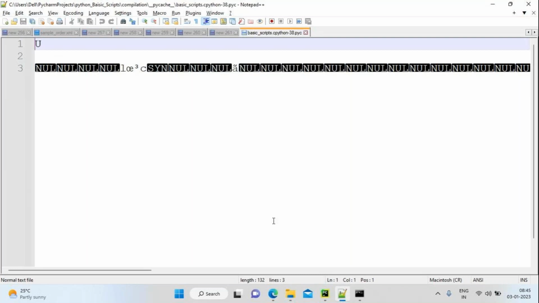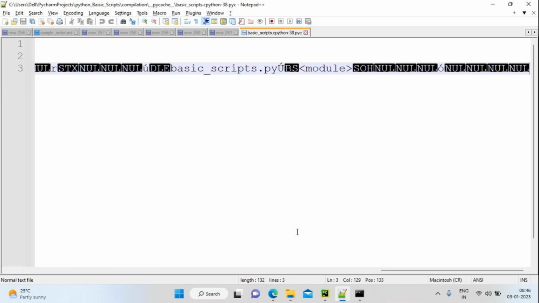That's because the Notepad editor can't open this file format properly, so it shows some odd characters and nulls. But actually this compiled file contains only bytecodes. This is how the compilation activity is done in Python. If you want to compile explicitly, you can use these commands.